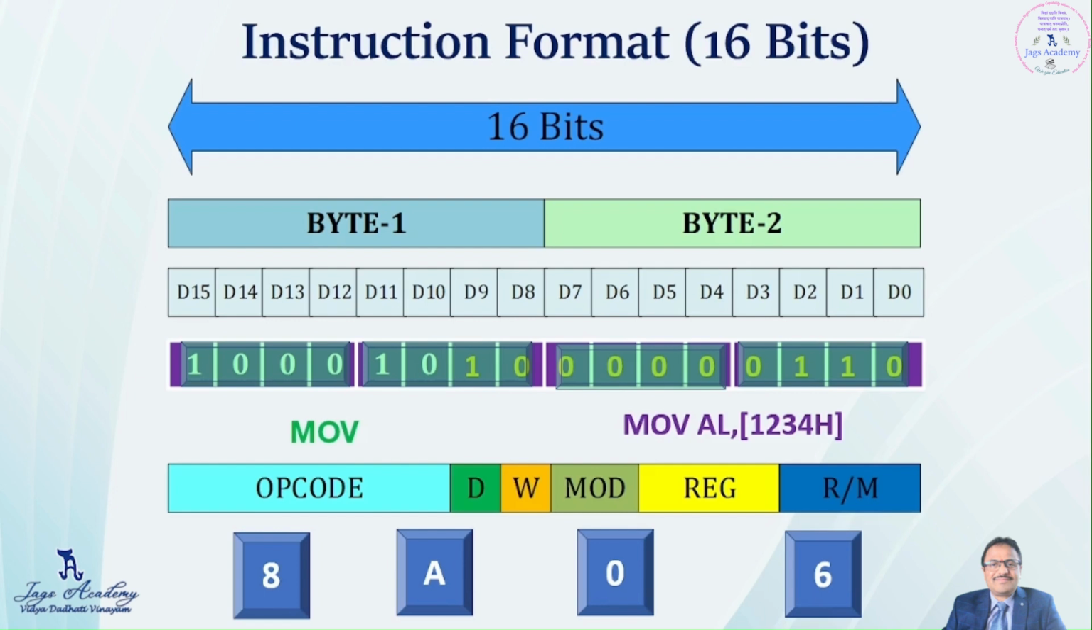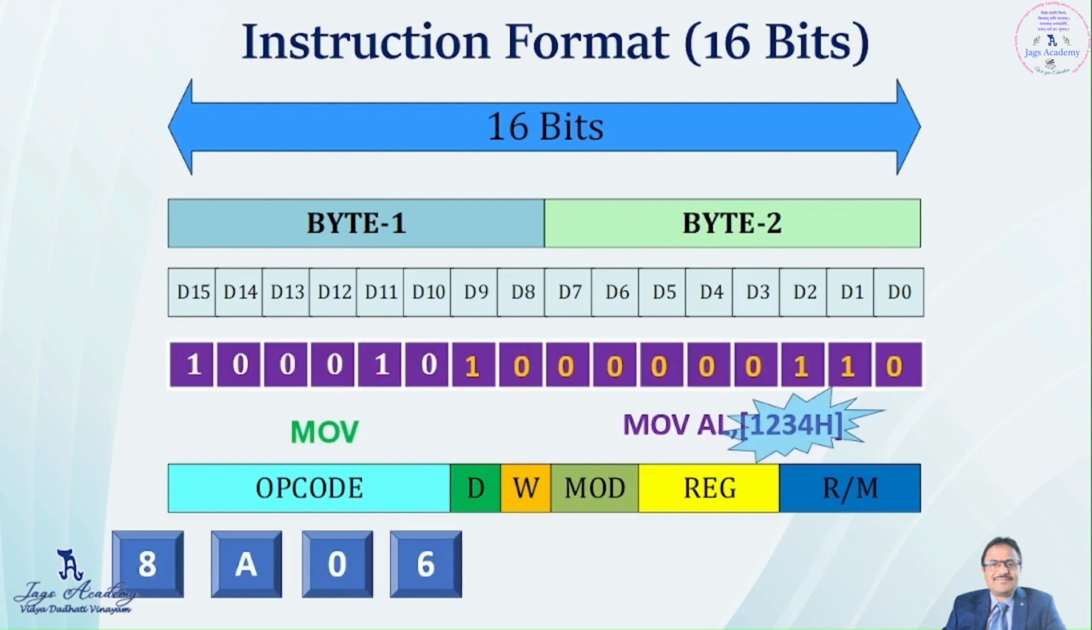Now it's not over. See, in this instruction, the address part, the offset address, has to be part of the instruction. The offset address, this 1234, has to be part of the instruction. We need to associate it along with the machine instruction. How to append it? Very simple. See here, you got 8A06, right? Now after 8A06,